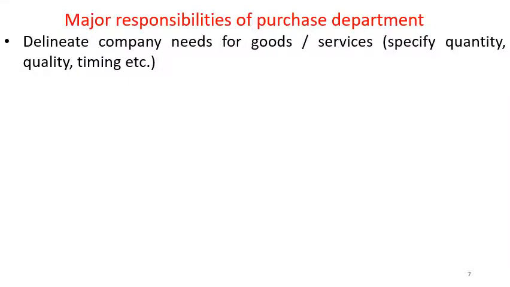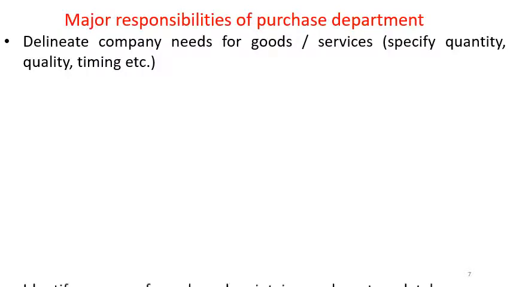So some of the major responsibilities of the purchase department are delineating the company needs for goods and services, specifying quantities, quality, timing, etc. You need to specify the quantity based on the inputs received from the production department. The production department will tell you when the requirement is there for a specific component or a product. So when they intimate to you, the purchase department will then contact the vendors for any specific quantity, quality and